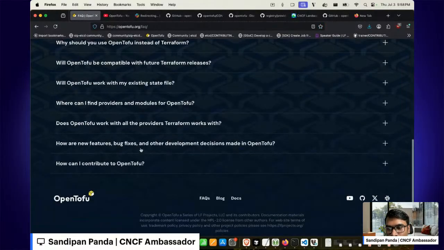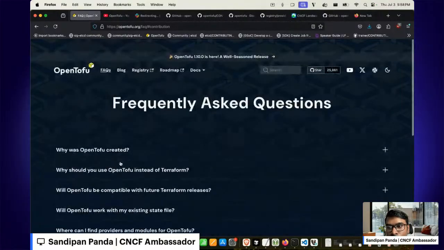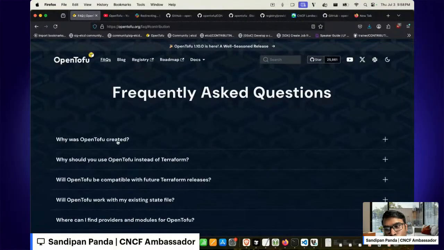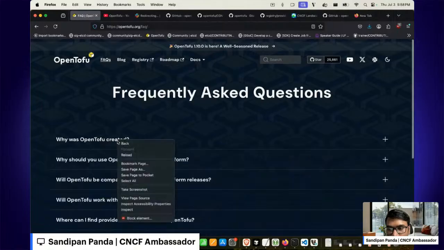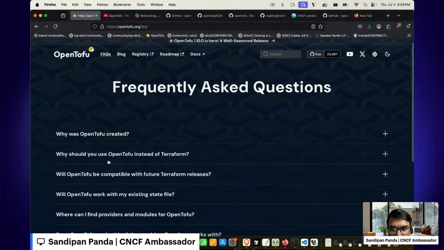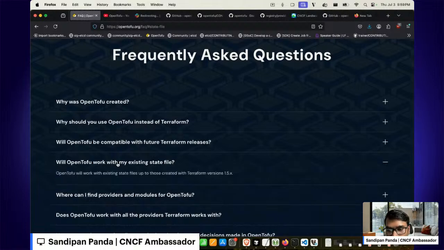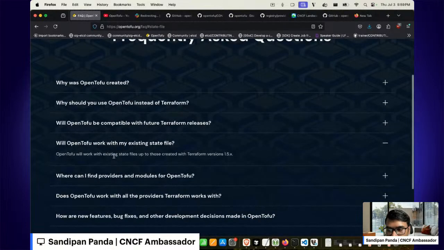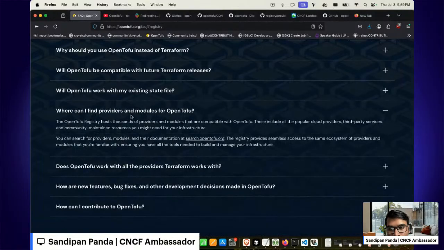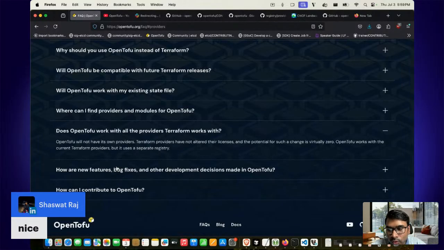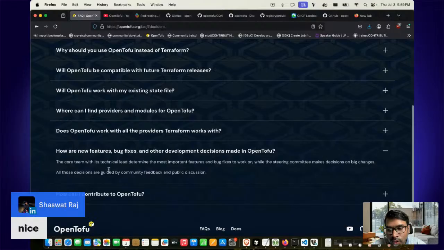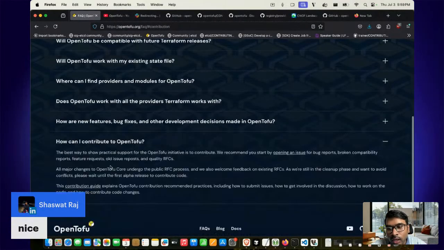If you go through the FAQ, you will know why OpenTofu was created and why you should use OpenTofu instead of Terraform, and how OpenTofu will work with your existing state files, and where you can find these providers and modules for OpenTofu, and does OpenTofu work with all the providers Terraform works with, and how new features, bug fixes, and other development decisions are made in OpenTofu, and how you can contribute